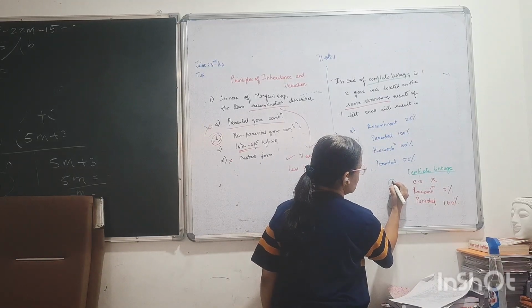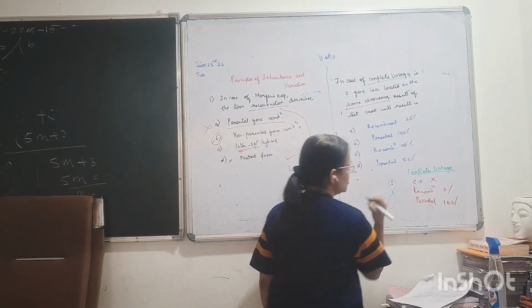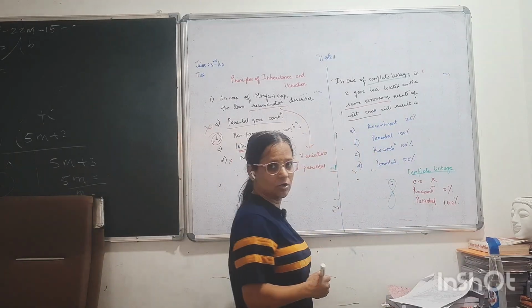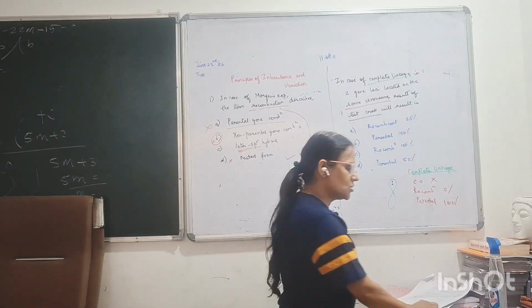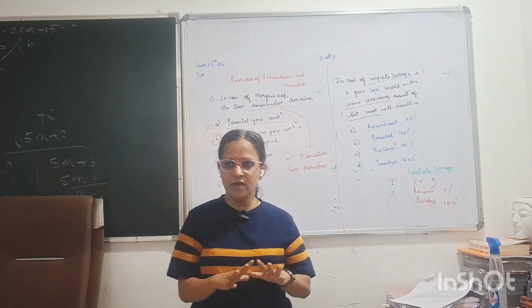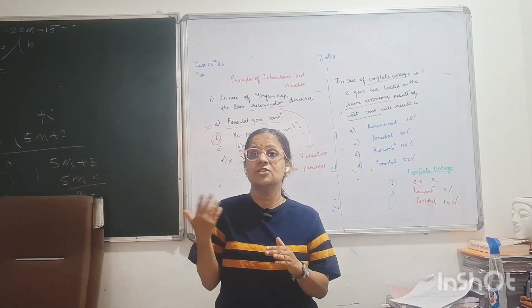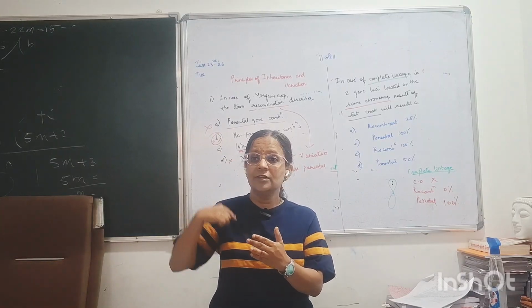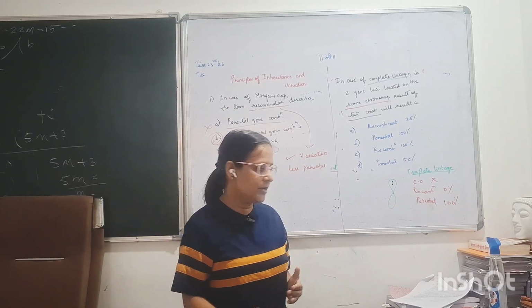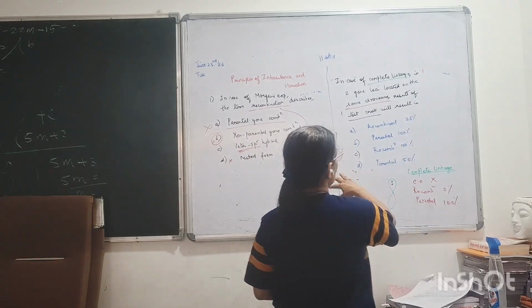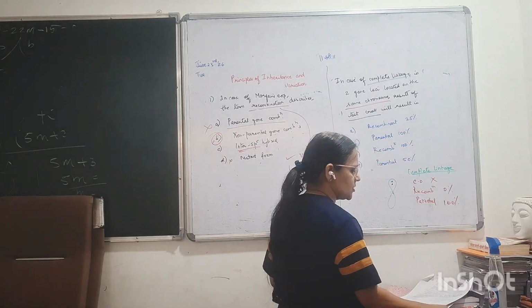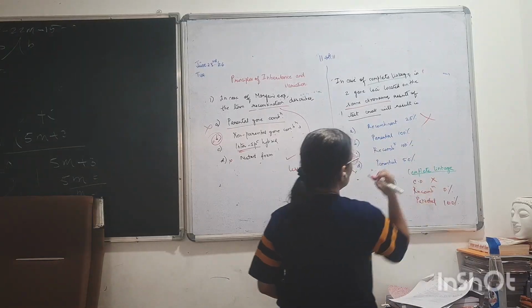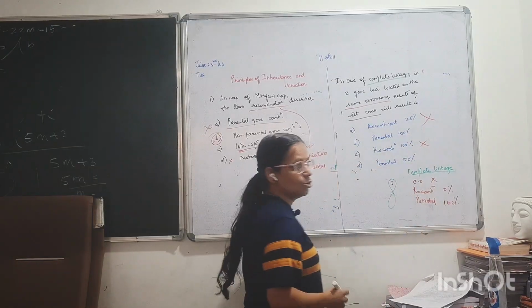Suppose one gene is located here and second gene is located here. Result of the test cross will result in what? Now we know what is a test cross. In Mendelian inheritance we have seen what is a test cross. A test cross is a back cross wherein the F1 hybrids are crossed with the recessive parent. Right? Now here they have given recombinant 25%. So you are not going to get recombinant. So this option will go and this option will also go.